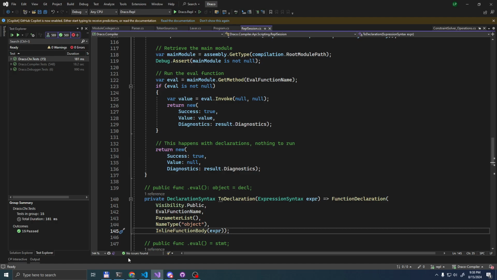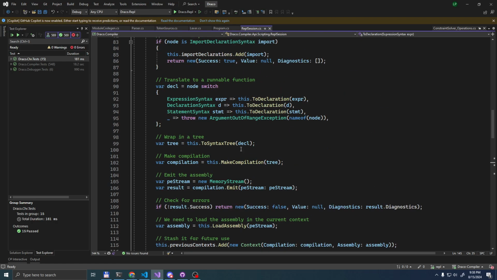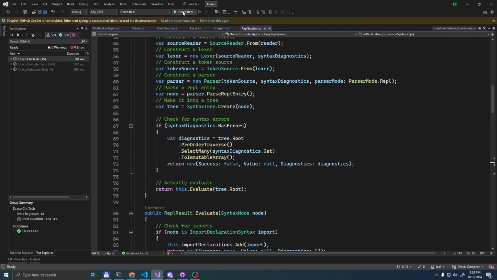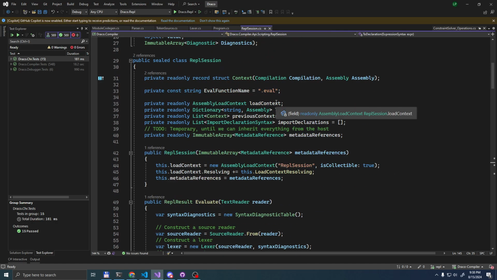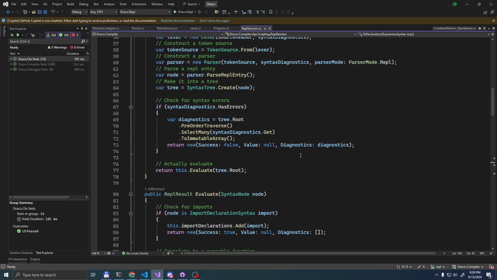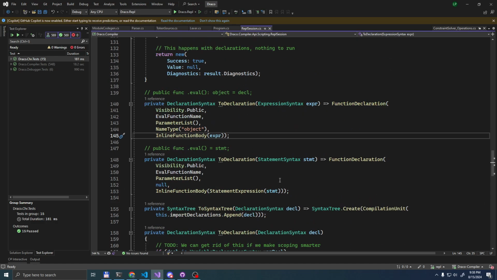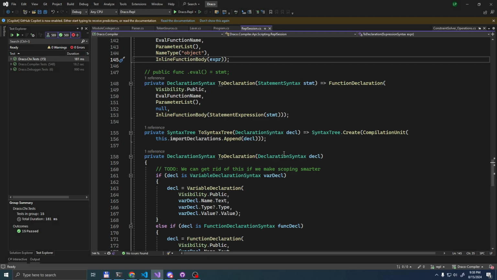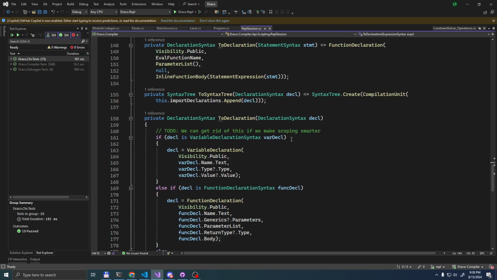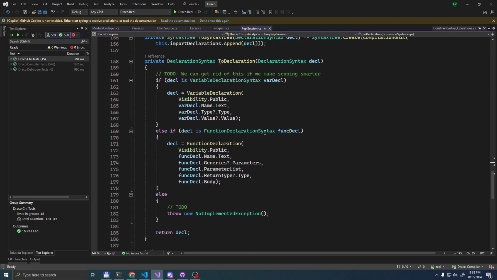So let's try to tackle contexts and not having to type them out. And what I was thinking is that elements that you can reference usually, or rather I would say always, come from a declaration. Because the only thing you can reference in the language are things that you declare with a name. And currently in the REPL, that's variables and functions.